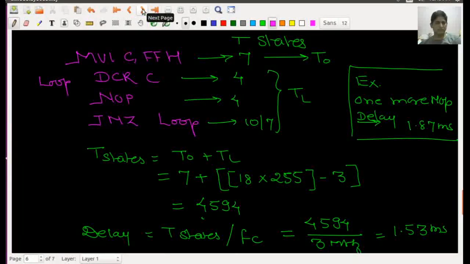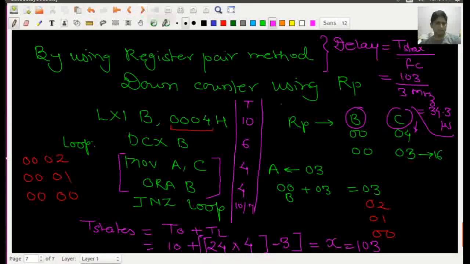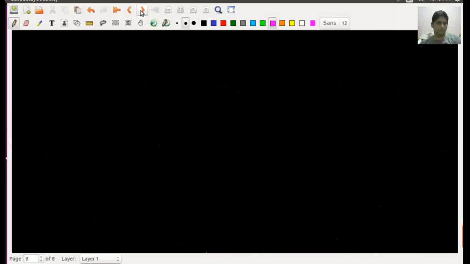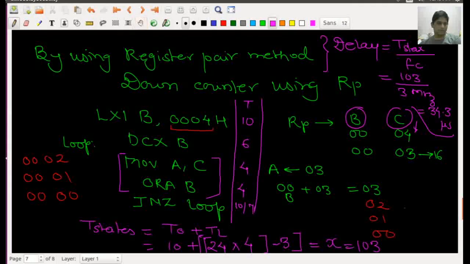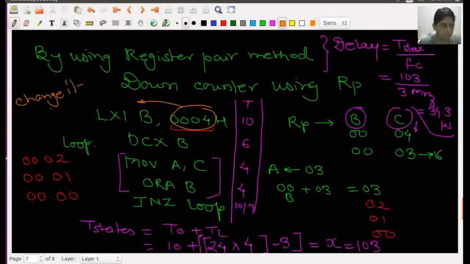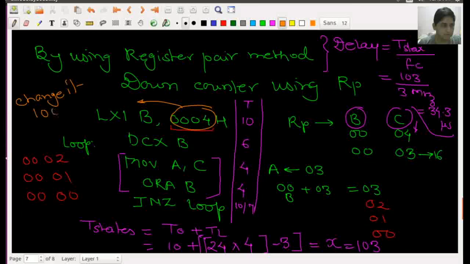If you are using the register pair method, now the delay is increased by 34.3 microseconds. Okay, now if I change the value, for example, if this value is changed to 1000H.